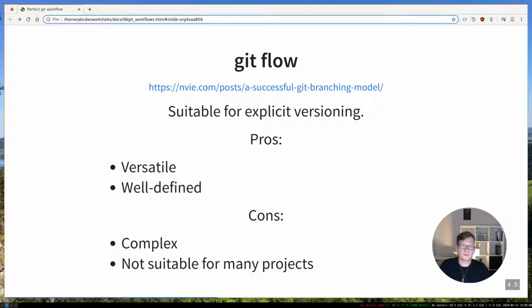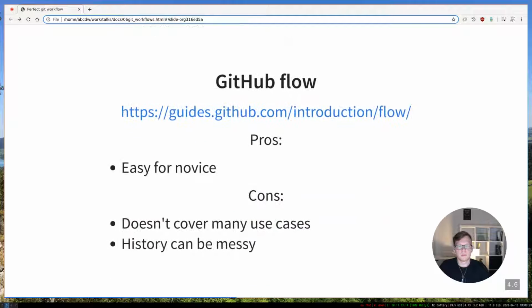The rule of thumb is that if you have explicit versions like Ubuntu Linux, which has the 16.04 version and the 16.10 version, and it is released 2 times per year, probably this workflow will be good for you. But for our simpler web application, it won't be. It will be overkill. That is why we can look at a much simpler workflow, which is called GitHub Flow, and